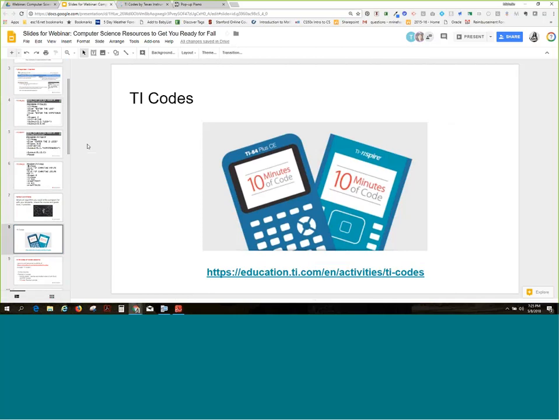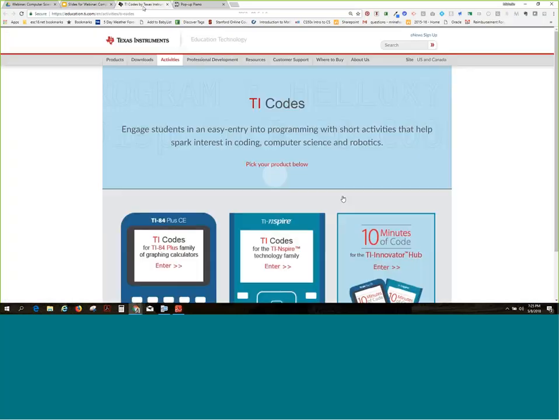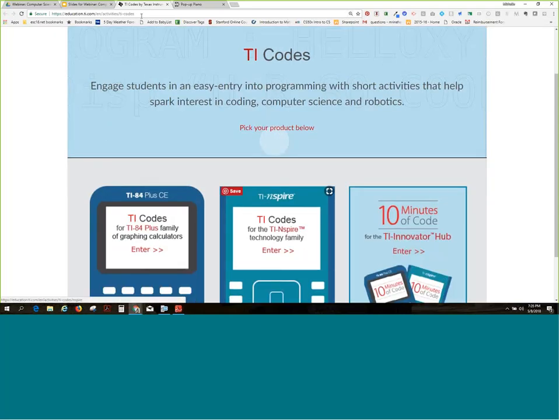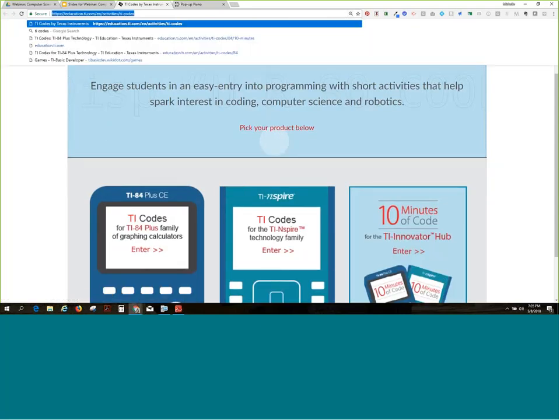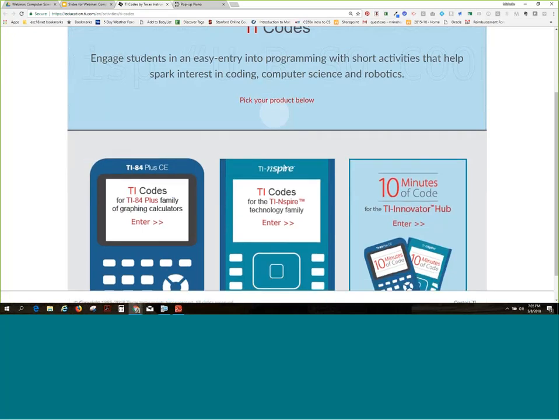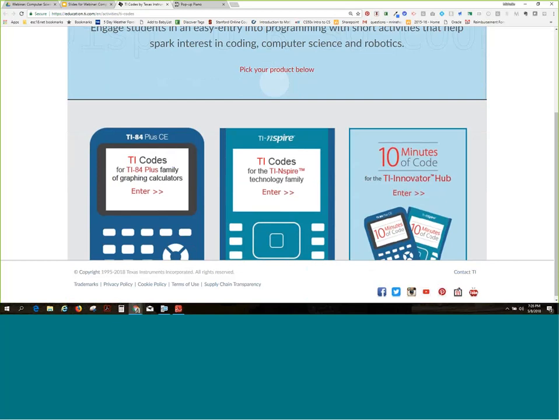So I'm going to go ahead and let y'all read and think a little more, but we'd like to talk just a little bit about the resources that are also available to help you more specifically. So we're going to go to education.ti.com, the TI codes webpage, and from there, there are lots and lots of great resources and online tutorials. So if we click on TI-84, which is the platform we just used,